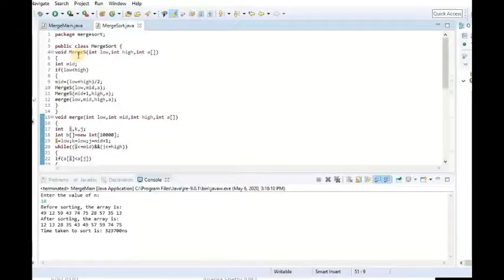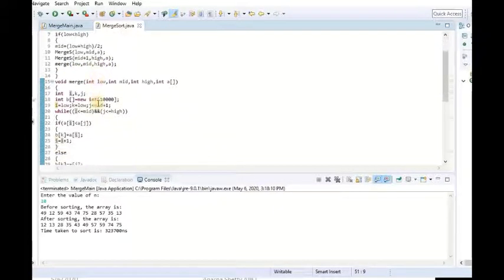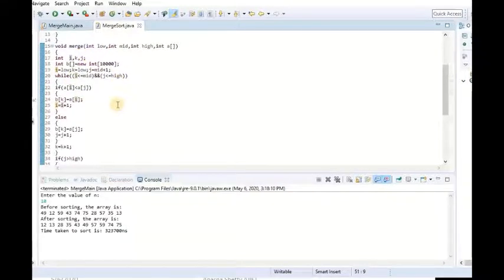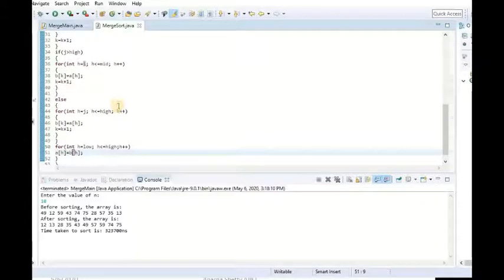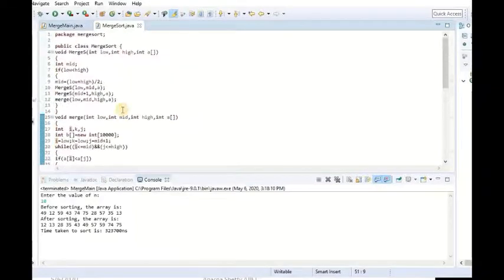There are two methods, mergeSort and merge. In the mergeSort method, we split by calling mergeSort again and again, and we call the merge method to sort and merge back into the original array. So this was about merge sort.